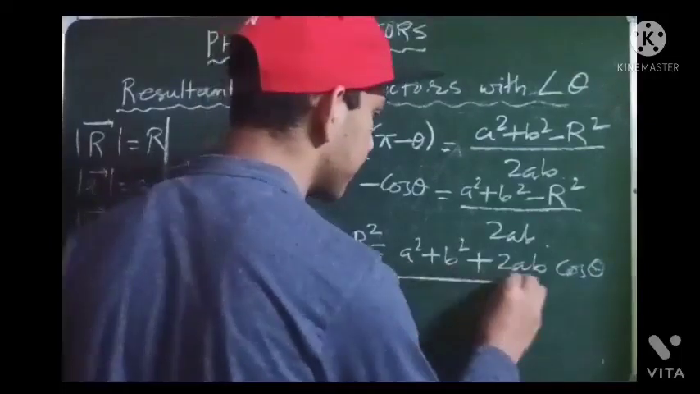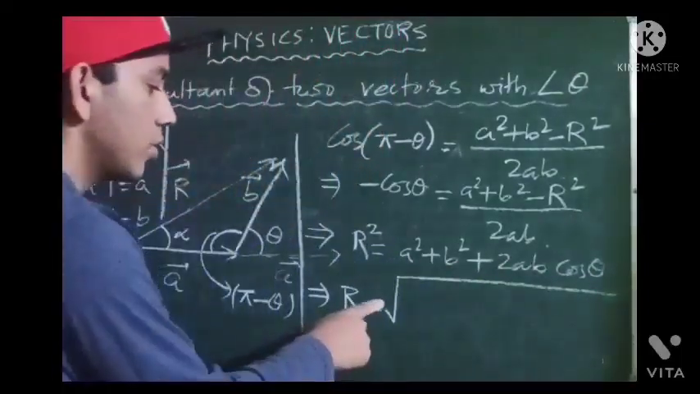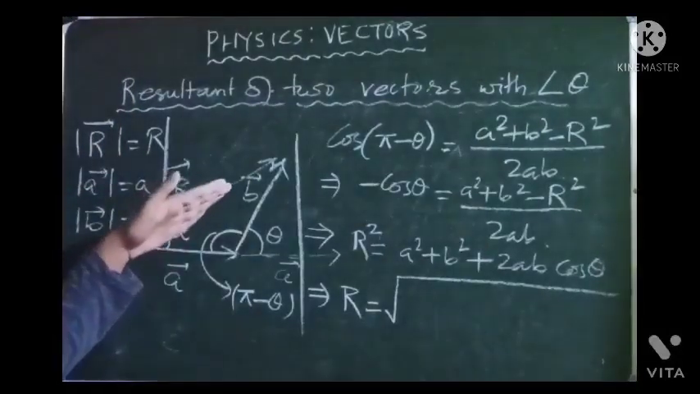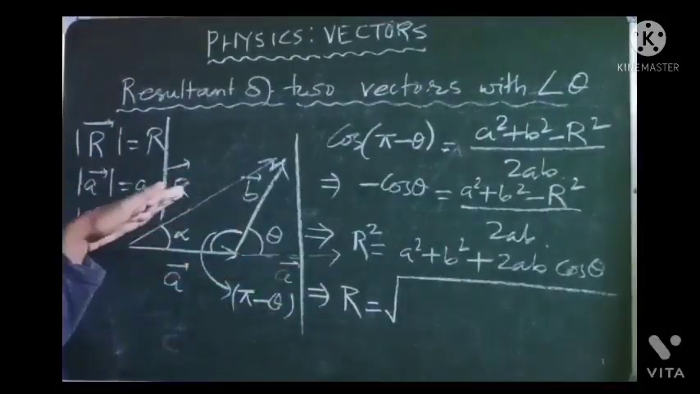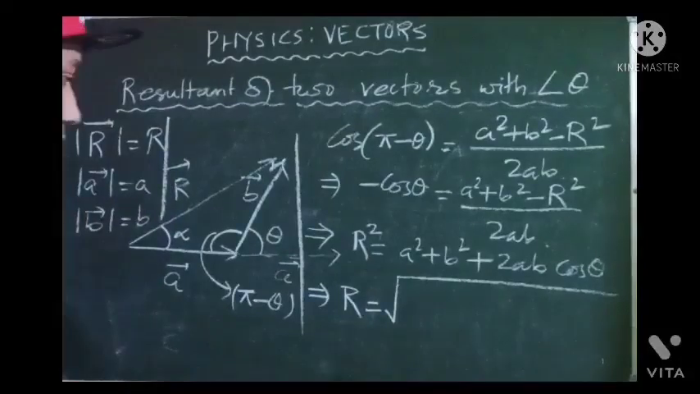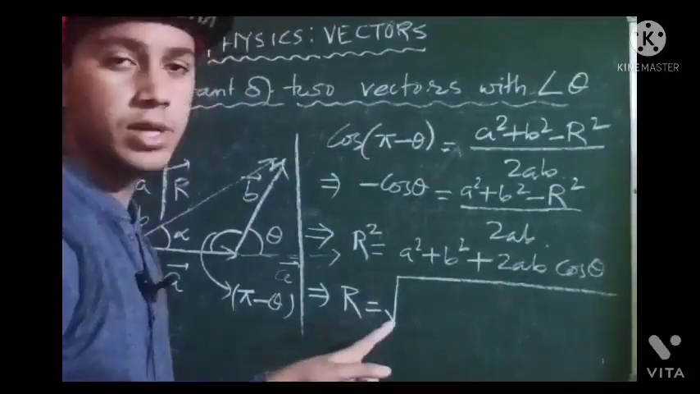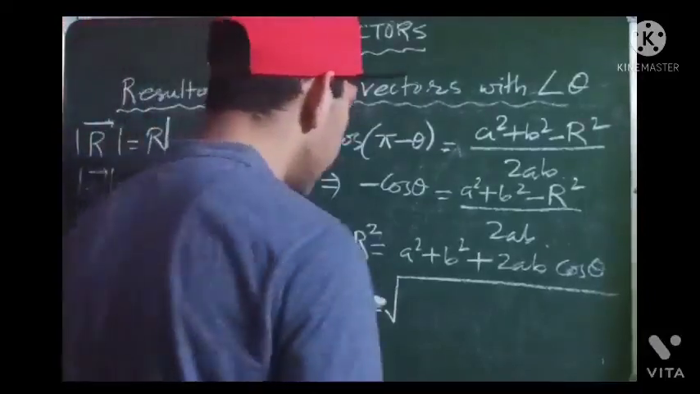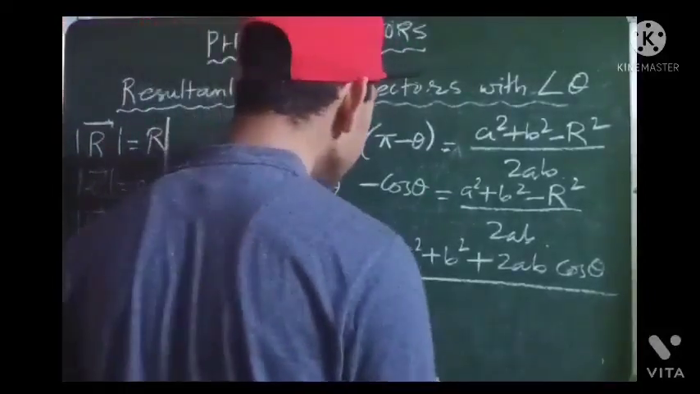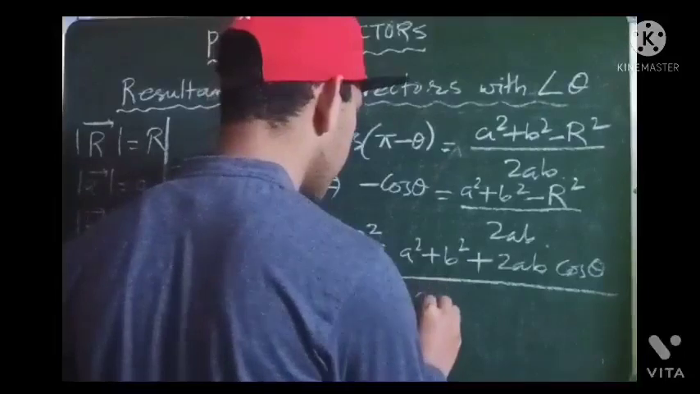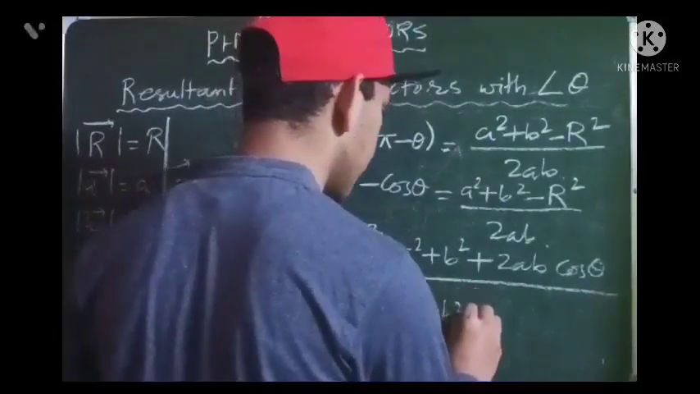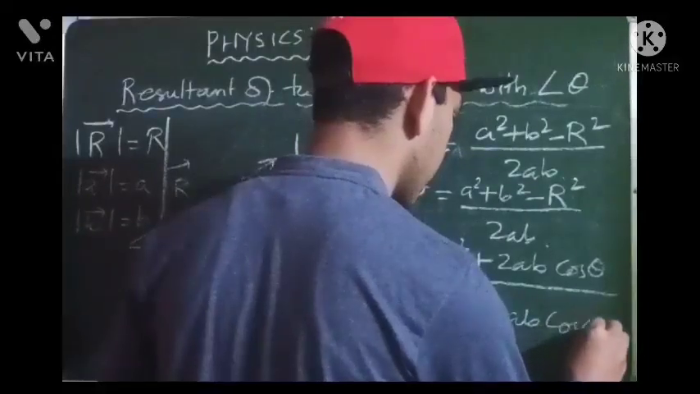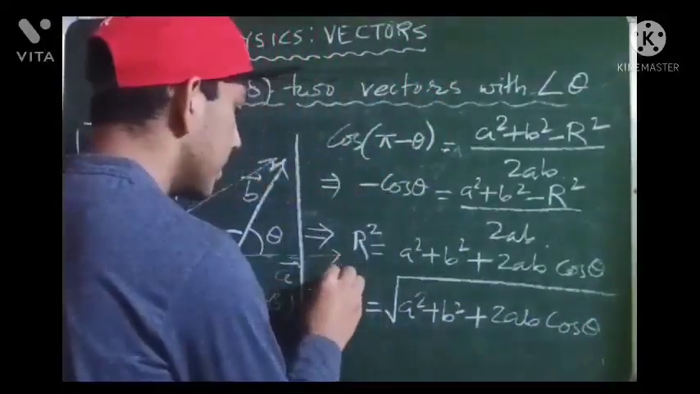root under a square plus b square plus 2ab cos theta. We are not putting a plus minus sign here because this r represents the magnitude of the r vector, which is always positive. So we already know that this is a positive quantity, so that is why we are not putting the plus minus sign, although in maths it is important. This is the formula